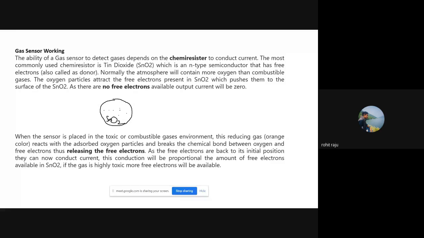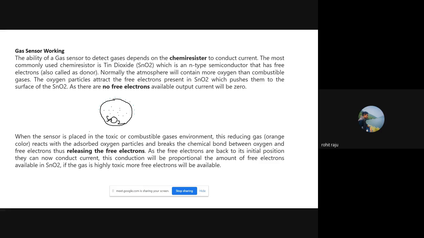So everything is okay. And outside of this molecule, we have oxygen, right? Oxygen is attached to every molecule. Let me represent the electrons of those oxygen molecules in blue color. These are on the surface of every SnO2 molecule right here.